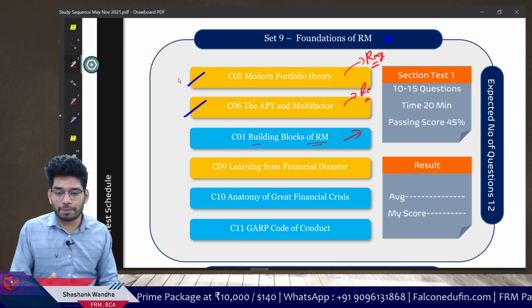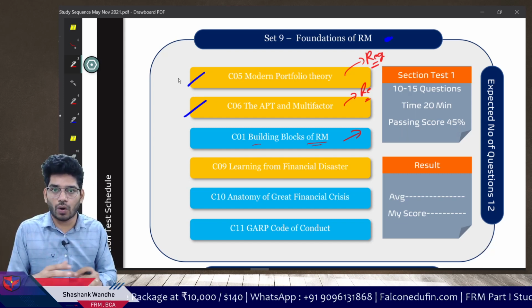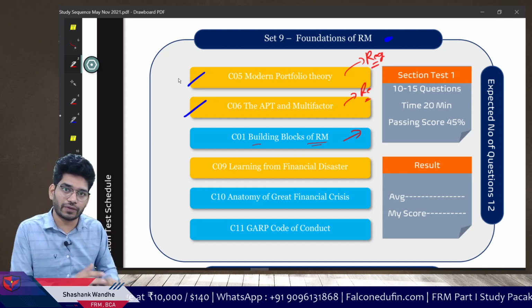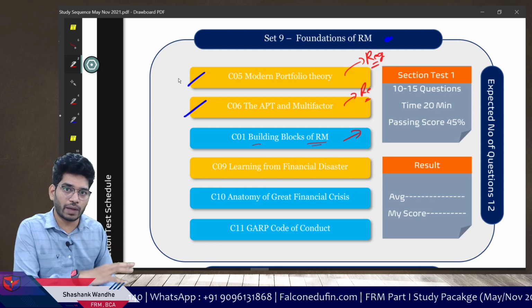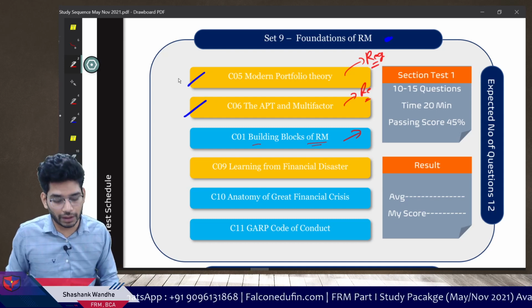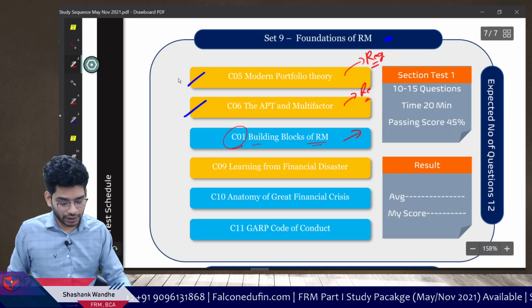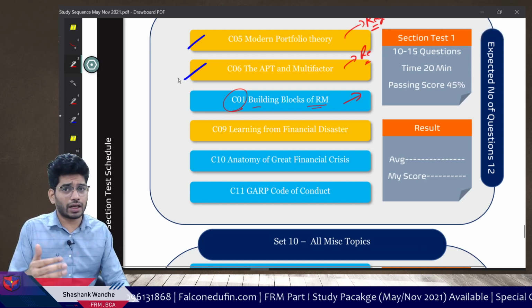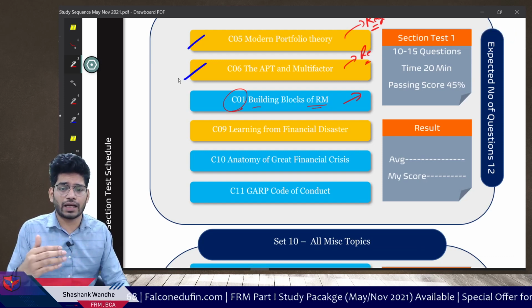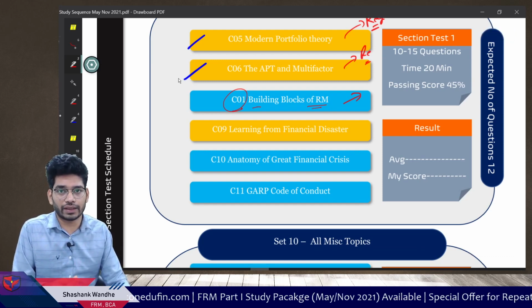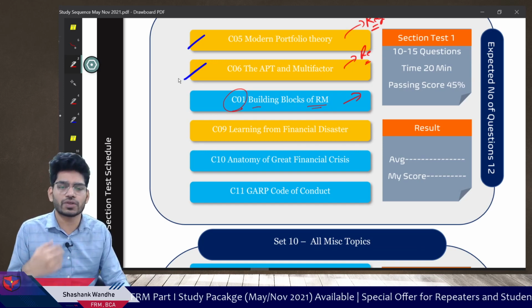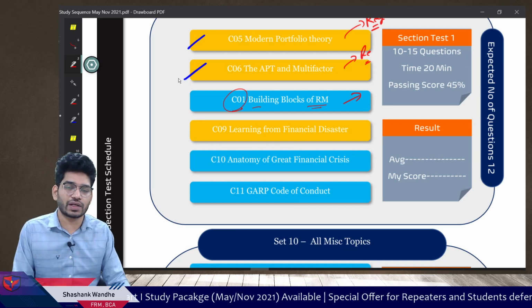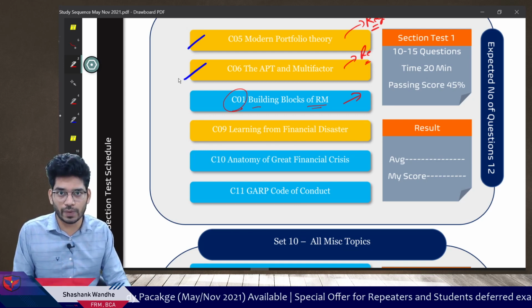Now let's see the first chapter of your book 1, which is the building blocks of risk management. In this chapter, we are talking about all the types of risk, but all the types of risks are covered in book 3 and book 4. So if you study book 3 and book 4 first, then you will be able to understand this part better. With this particular sequence, you will be able to avoid the problem. So instead of discussing the problem, just remember following the sequence is very important.